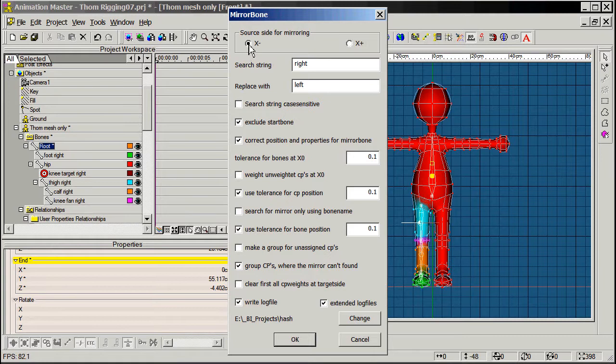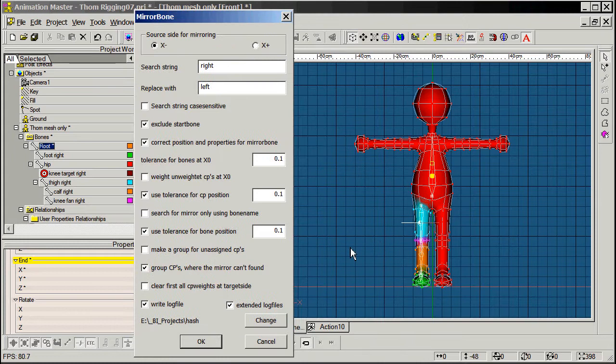The most important thing is to check which side you are using as the source for your mirroring. X minus is this side over here when we're looking at the front of the model, and so far all of these defaults are pretty much what we want. So I'll hit OK,